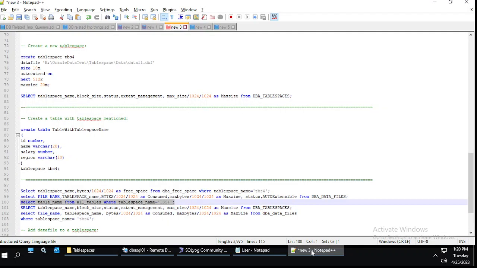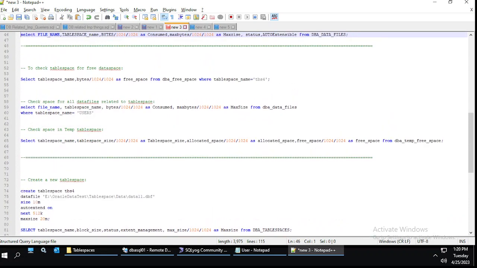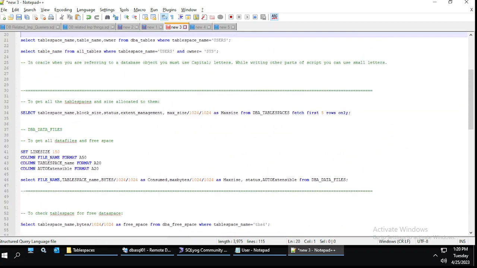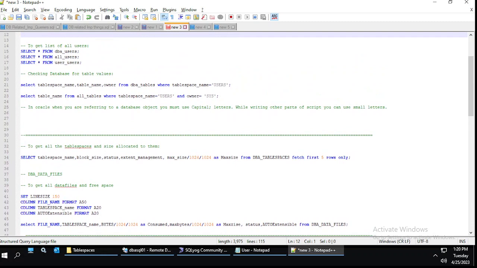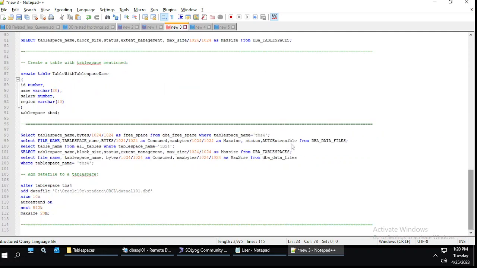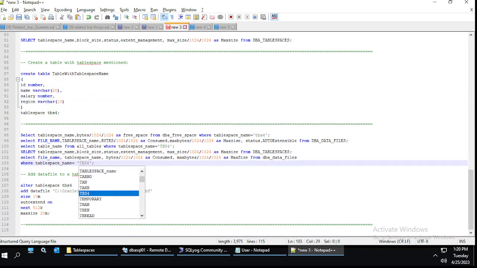So this is the thing you need to know in Oracle. If you are writing a script, you can use small letters. But if you are referring to an object in the database, you need to use capital letters like here. Sys. If you use small letters in here, it will give you 0 rows. Okay, so that's very much important. TBS4. If I run it now,